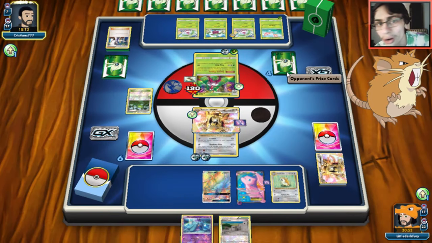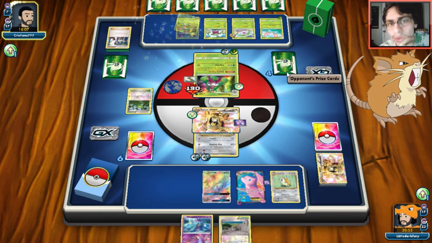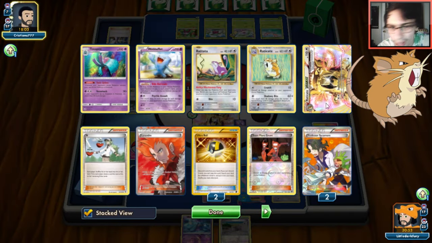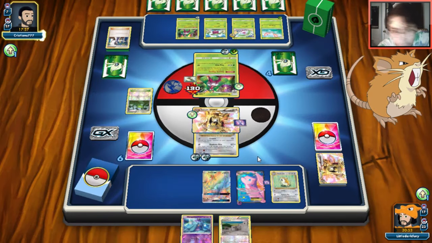He's so low on cards, too, right? Like, at this point, it doesn't even matter. I should have Faded Town. Kind of a mistake. It is what it is, though. He's getting rid of nothing. He's kind of wasting these Tsareena opportunities, though. We're not really losing anything important here. Like, no supporters in our hand. We lost Special Charge. Kind of sucks, yeah, but...